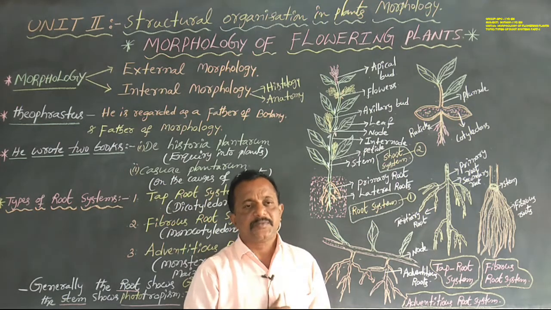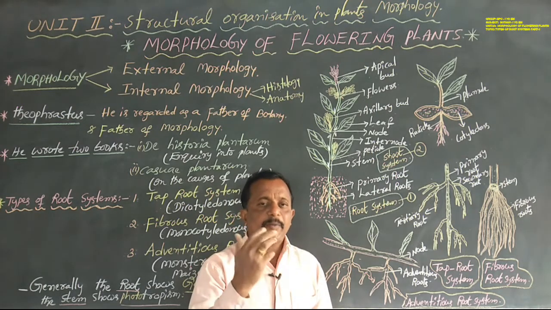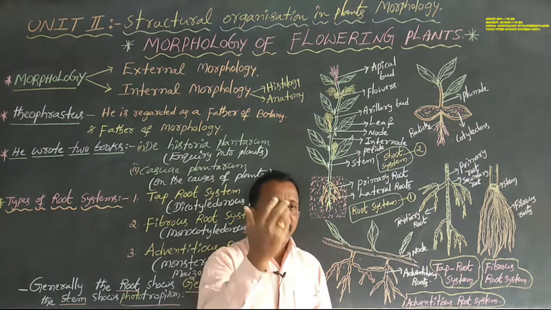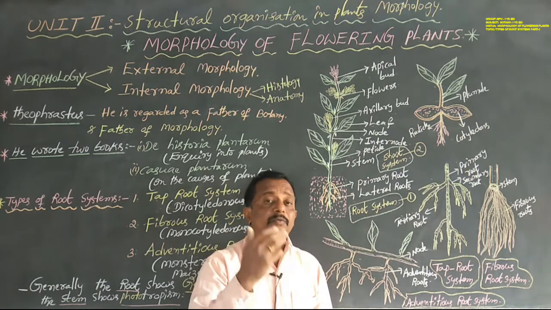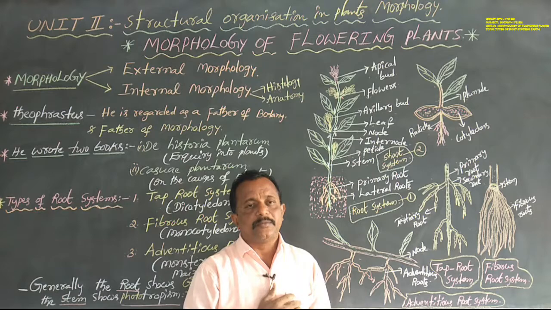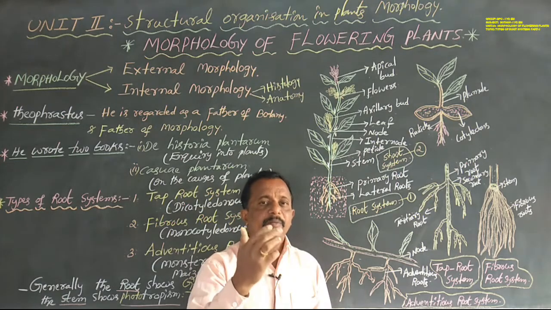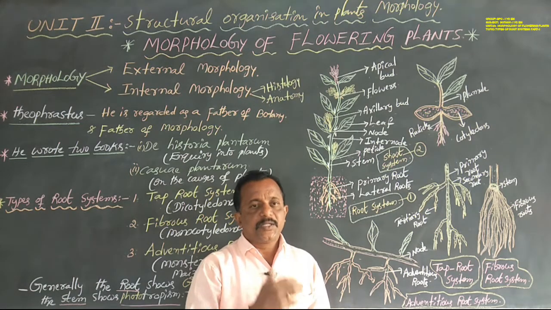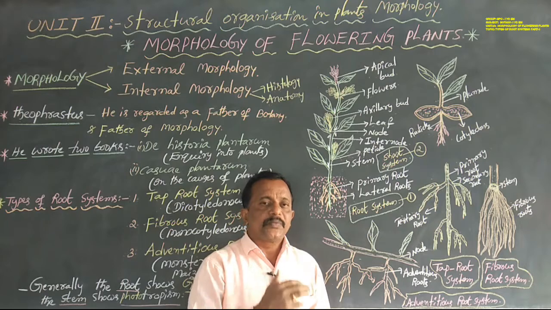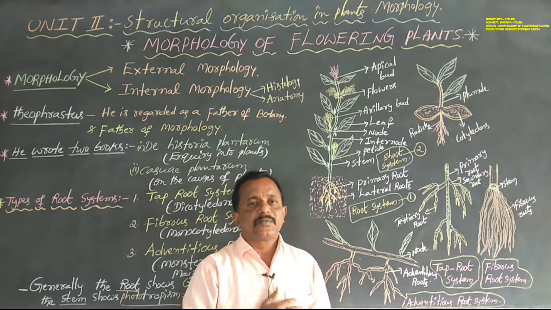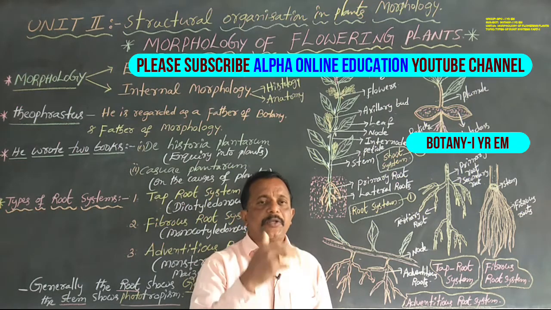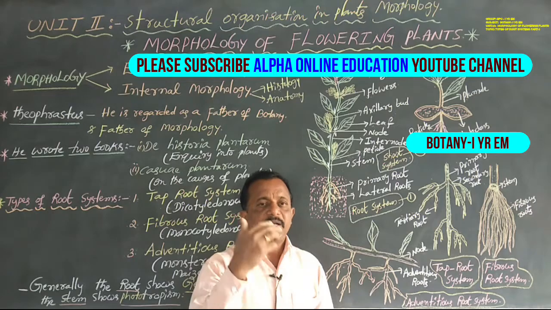What are the functions of root systems? Generally, the taproot system and fibrous root system always help in absorption of water and mineral nutrients from the soil. Then they supply water and mineral nutrients to all parts of the plant body. The second function is that the root system always anchors the plant parts, or supports the plant parts. The third function is